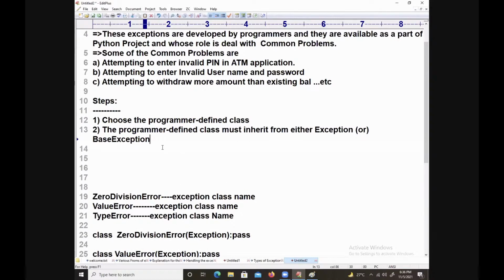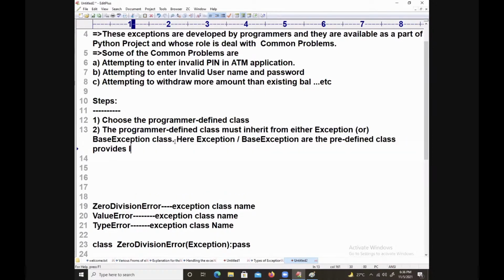The predefined classes provide exception handling properties to their subclasses.